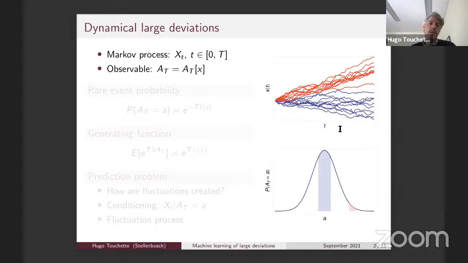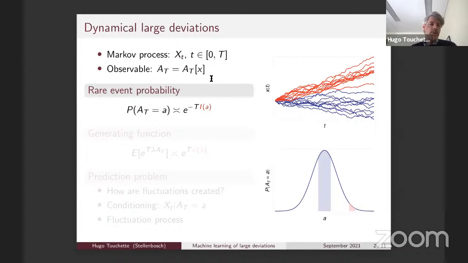What we do is monitor the system over some time interval 0 to capital T. As we do this, we measure some observable, which I'm going to call A_T. The observable itself is a function of the whole trajectory. It could be something like the integrated work done by the external force on the system. It could be an integrated current. It could be the entropy production. Usually these quantities are time integrated, and they relate to currents, or they relate to the state of the system itself. This is up to the model or the system that you're interested in.